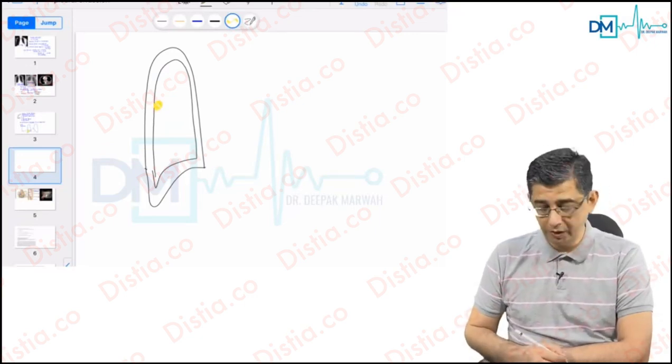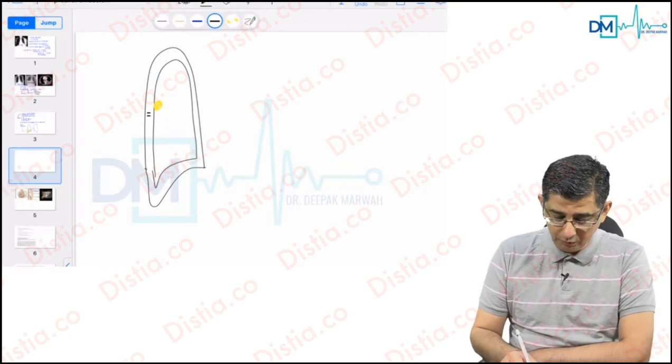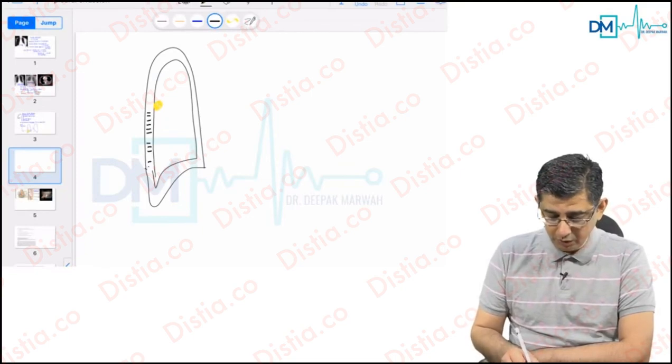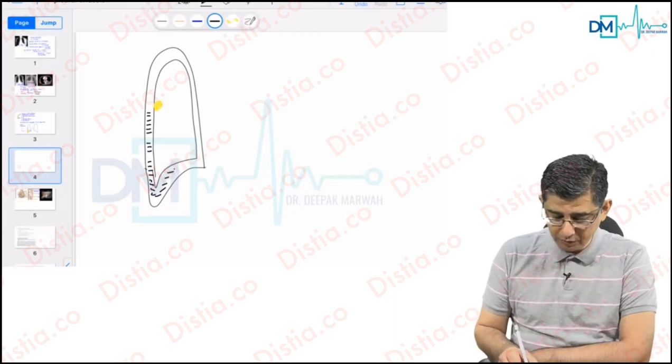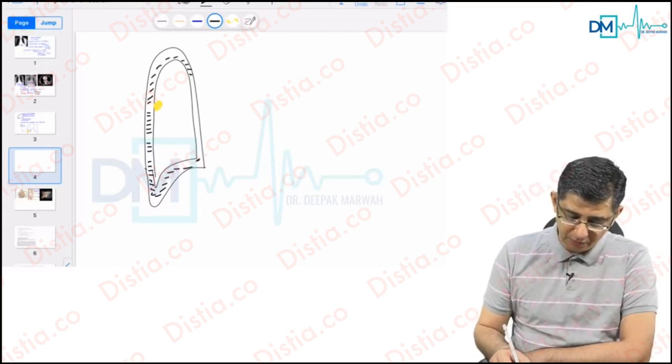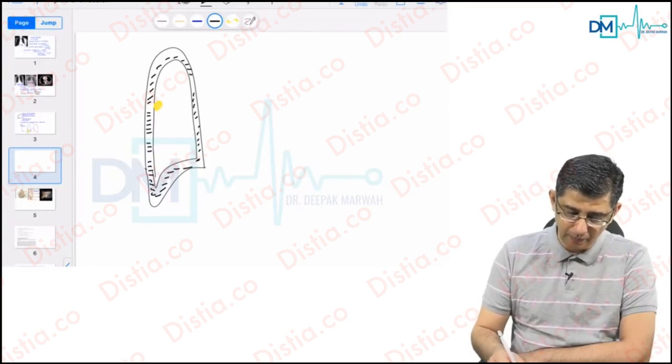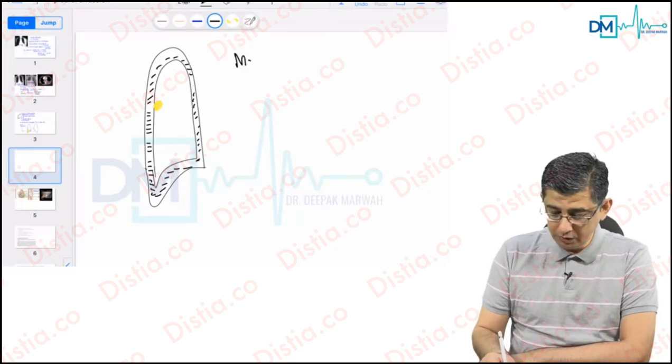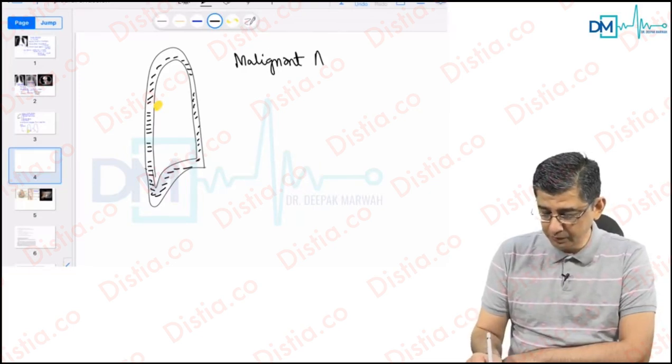This is a peripherally located lung cancer, and what it will be doing is causing a continuous irritation of the pleural surface of the patient, and therefore my patient is going to develop a massive pleural effusion. If they ask you what is the leading cause of development of malignant pleural effusion